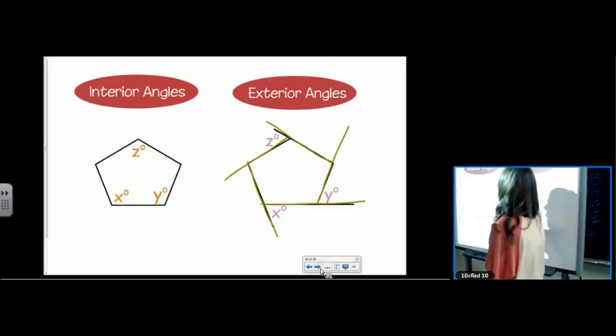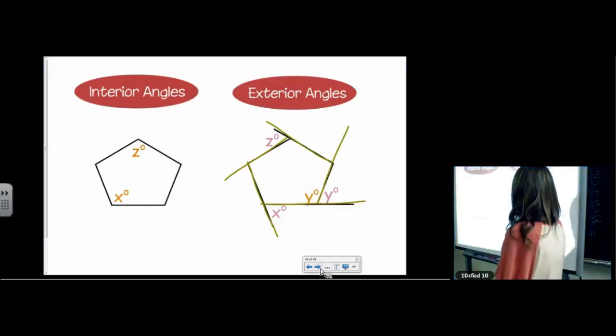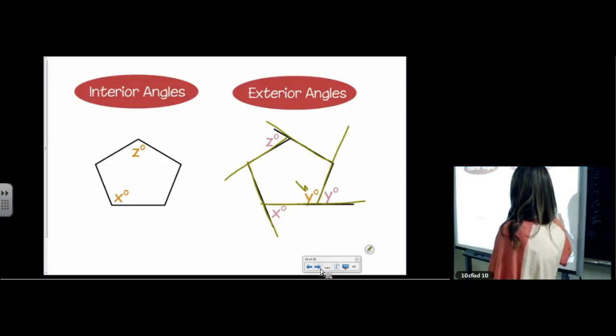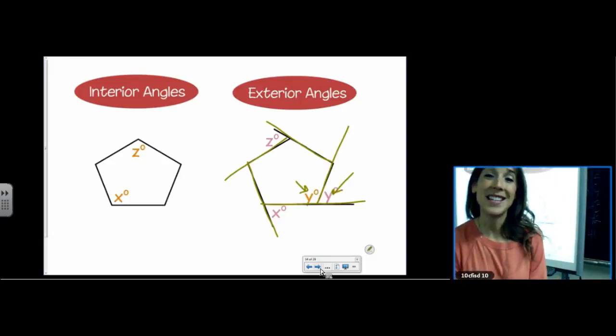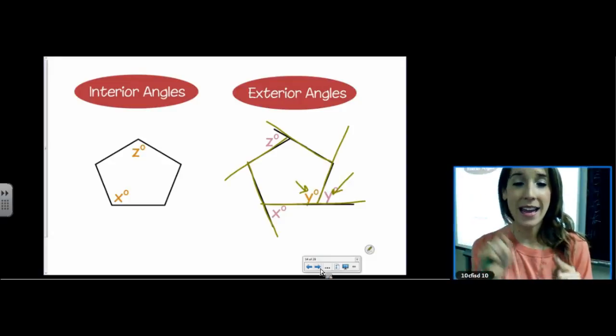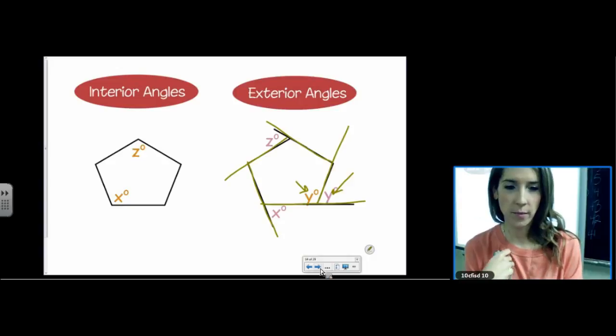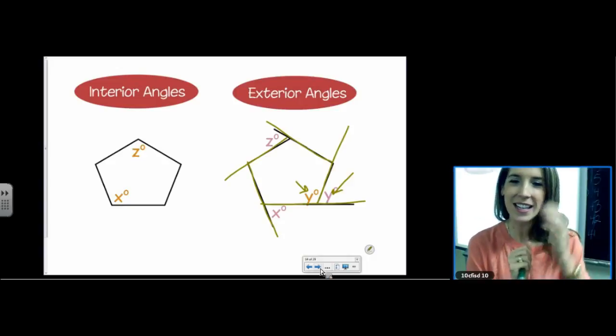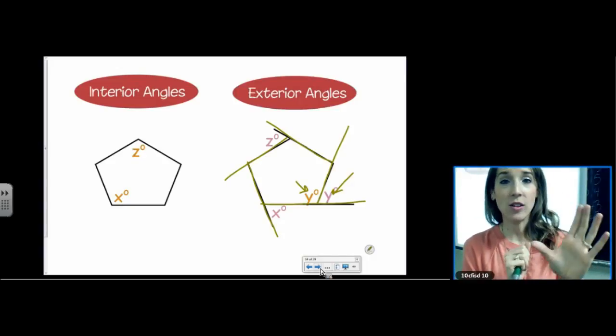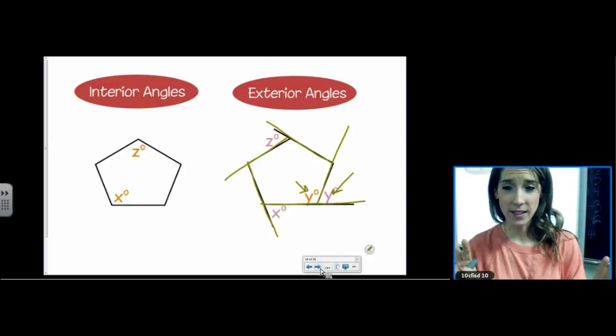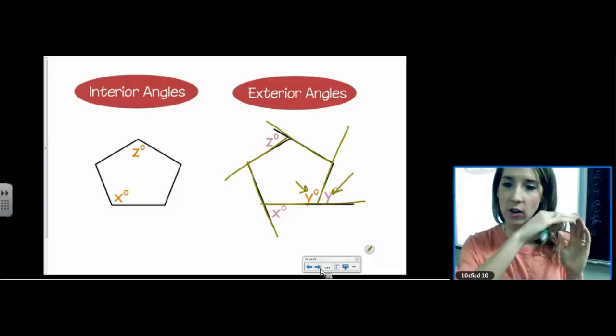I shouldn't have called them Y and Y, so pretend those are different numbers. What are different letters? What's the relationship between an interior angle and its exterior angles? Good. What's the vocab word that has 2 words to it? There you go, linear pair, yes. So an interior angle always forms a linear pair with its exterior angle when you extend